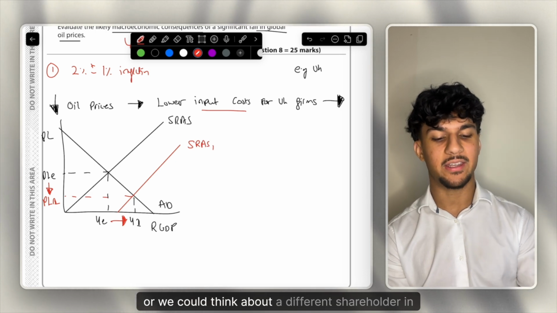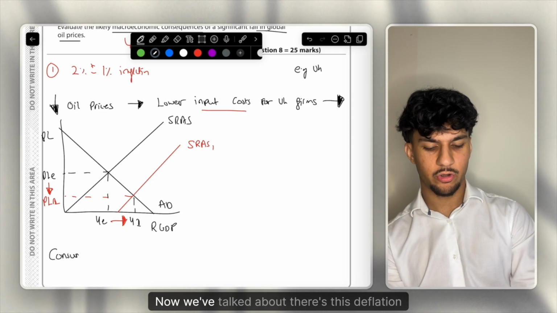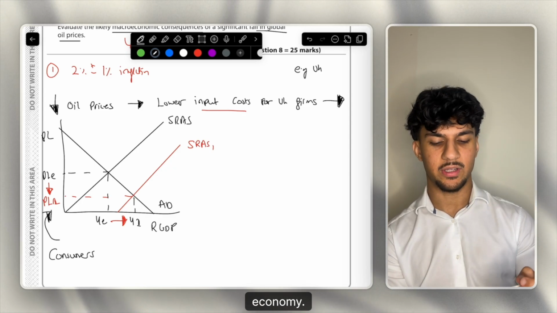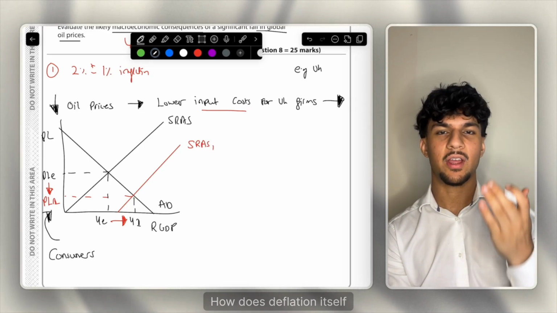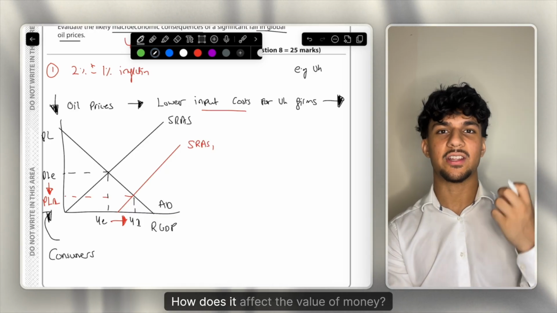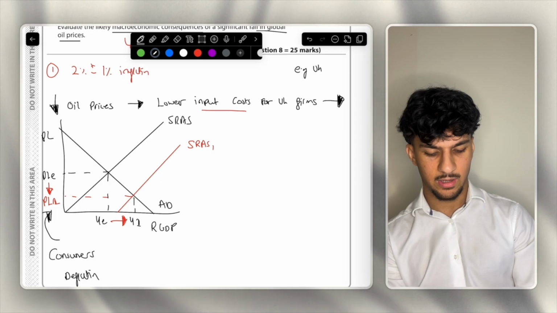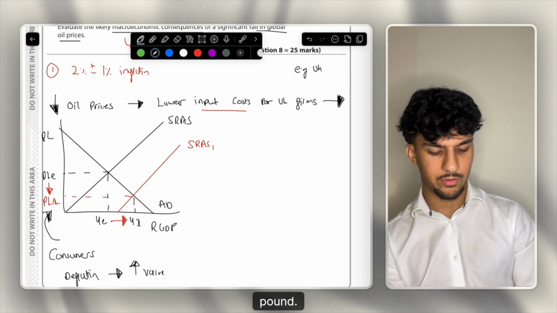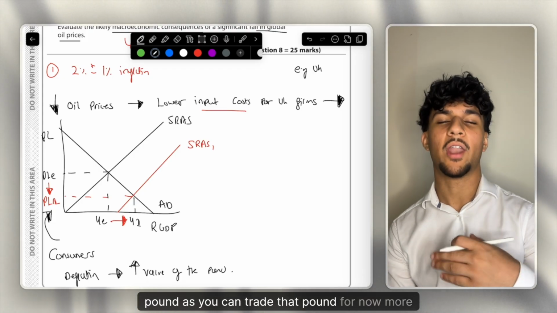Or we could think about a different stakeholder in the economy, which is consumers. Now, we've talked about this deflation or disinflation occurring in the economy. How does deflation itself affect consumers? How does it affect the value of money? So deflation leads to an increase in the value of the pound. Deflation leads to an increase in the value of the pound, as you can trade that pound for now more